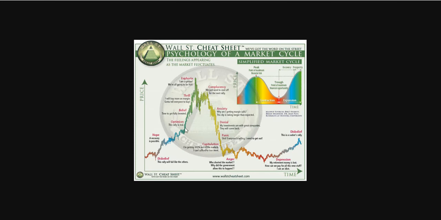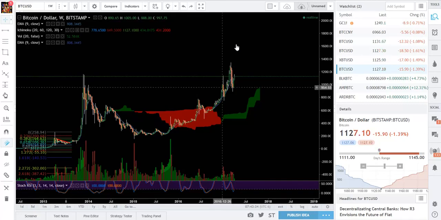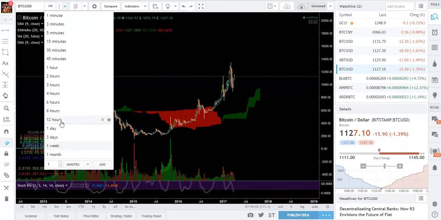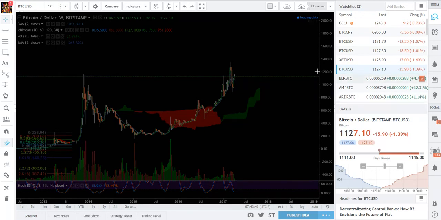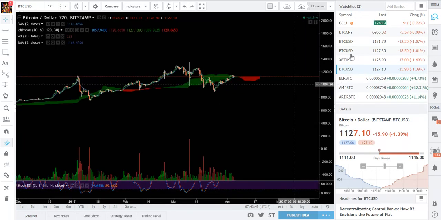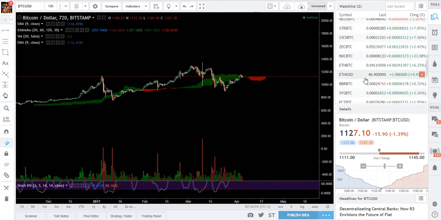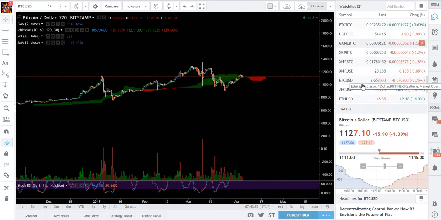Okay, so as Bitcoin's pushing its way back up here, if it clears 1,200 again and holds, it'll create optimism. And then after that, if it continues, it'll create belief, thrill, and euphoria. And those are the emotions that'll push us higher. Okay, but that whole thing unfolds as waves within waves. And now all of these coins, not all of them, but a majority of these coins are getting new market cycles now. A lot of them have had market cycles in the past, but they're just getting fresh new ones. And so when we look at XMR again,